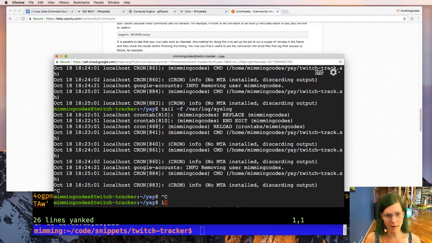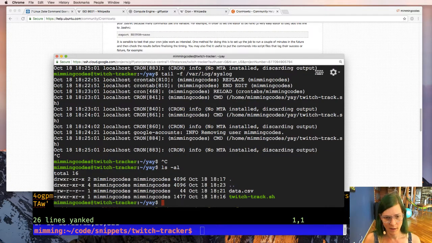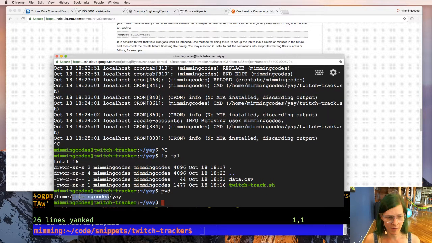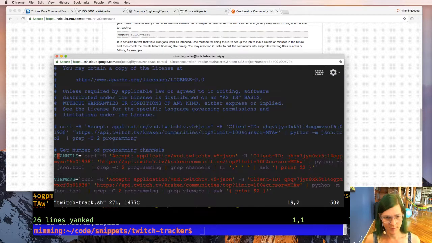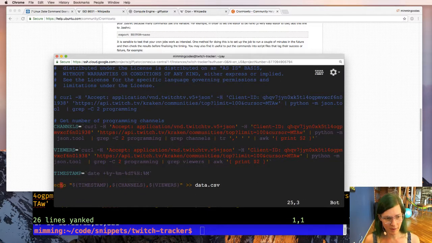It's probably running fine. It's just the Twitch track script, because the path from which it's running is who knows what. So when it's outputting the data, it's appending to data.csv, but it's actually appending to whatever data.csv is in whatever directory the script is being run in.